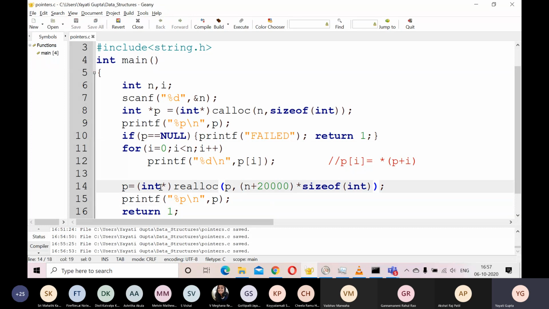One more thing here. We have used realloc to actually increase the size of the elements in the array. We can also use it to decrease the number of elements. So what if I make the new size to be n minus 2? I'm just removing 4 bytes from my previously allocated memory. It will work well in that case also, but since we are removing 2 entries, those 2 entries will be deallocated, they will be truncated, and if you try to access them, you might get an error or you might see a garbage value.